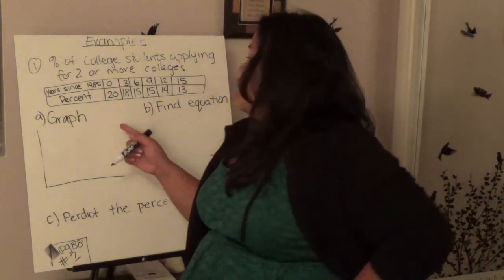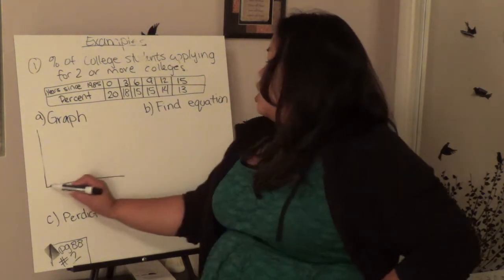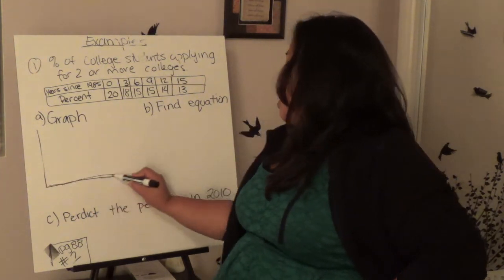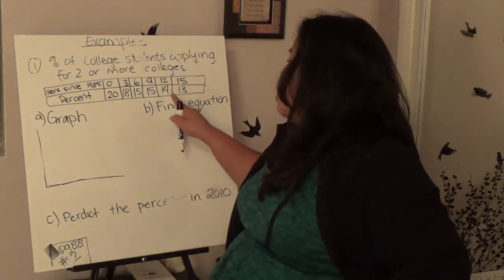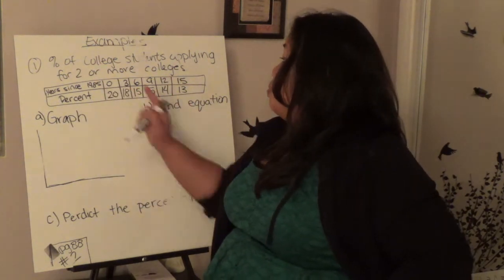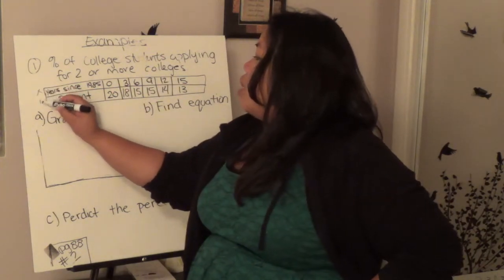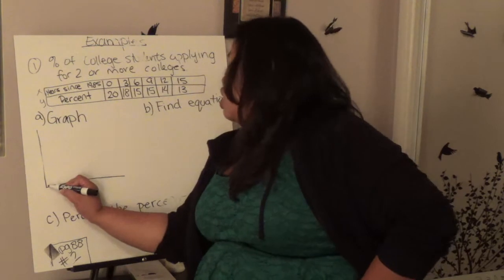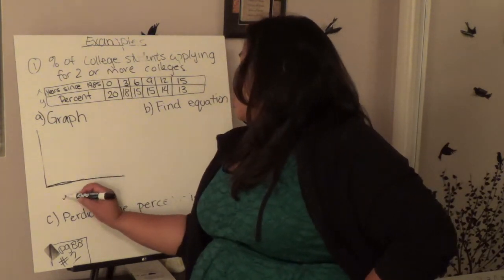The thing that's dependent is the percentage. So always that goes on the y, and the years go on the x. This is the definite, the thing that doesn't change no matter what. So no matter what the percent is, the years will never change, but according to the years, the percent. So this is my x, and this is my y, because my x never changes. Usually it's time. So this is going to be years since